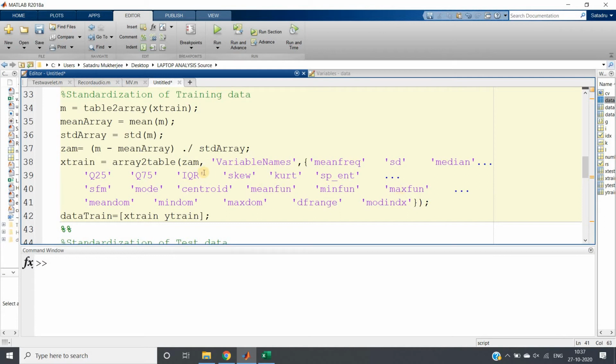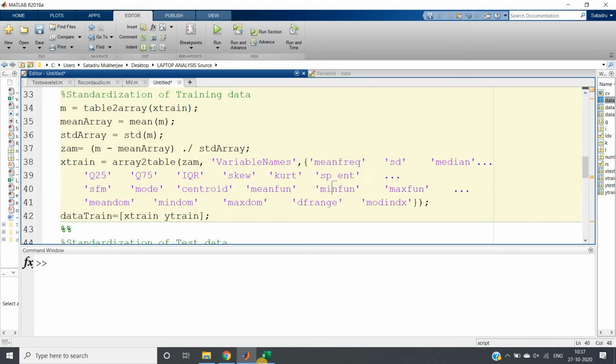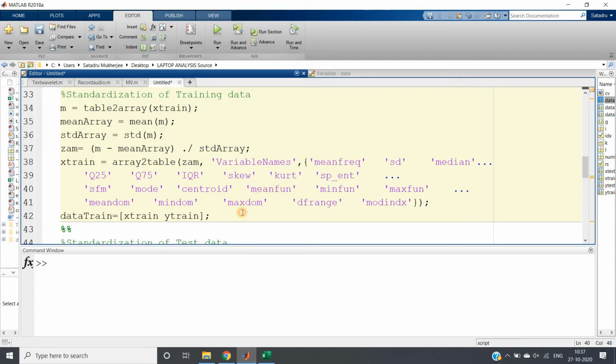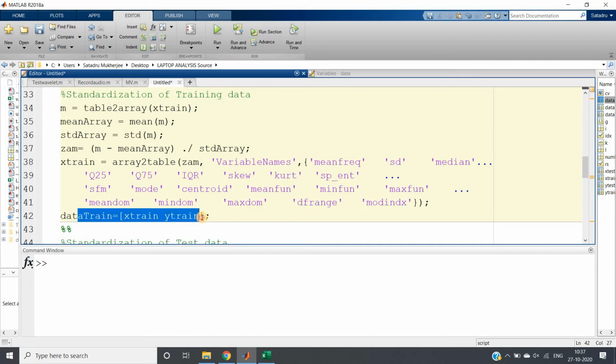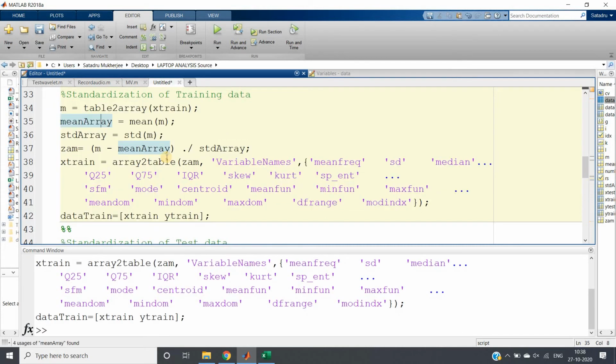Okay, and remember here we are doing standardization on the input features only for training data. In this particular case, later we will do for test data. Don't do together, otherwise there will be a problem of data leakage. Okay, I hope you know this. So now I have just mentioned all the column names as they are. Okay, as you can see here, this one only I have taken apart from the label column, right? Because we are not applying standardization on our label output feature. And then data train equal to x train, y train, we are again concatenating. That's all. Okay, so this is the standardization part of our training data.